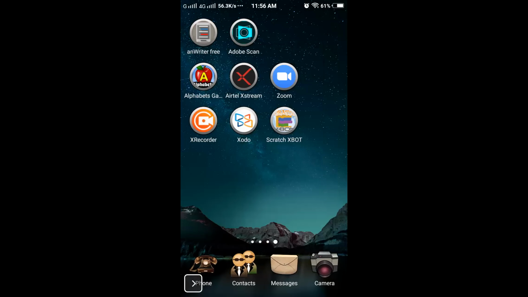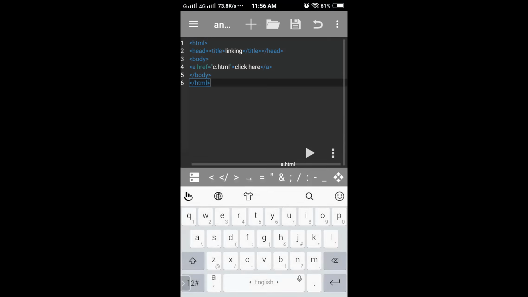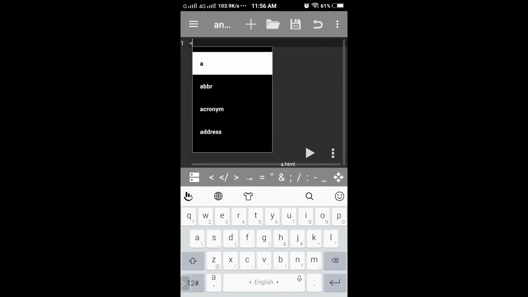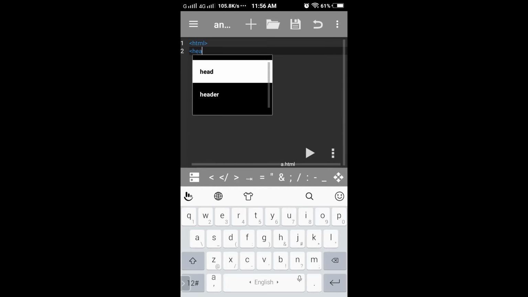Everybody is able to see my phone screen now. I'm going to open the Andwriter. This is the software which I told you to install. Okay, this is how it will appear in the beginning. Now we have to write the code. First is HTML. In the next line, we have to write head.